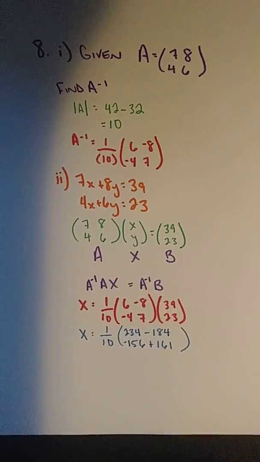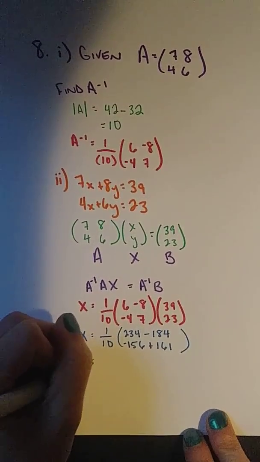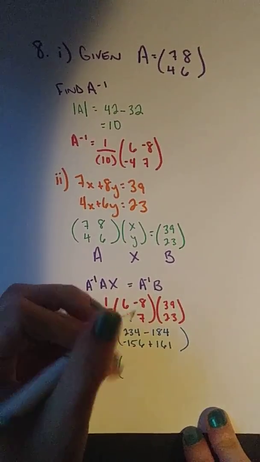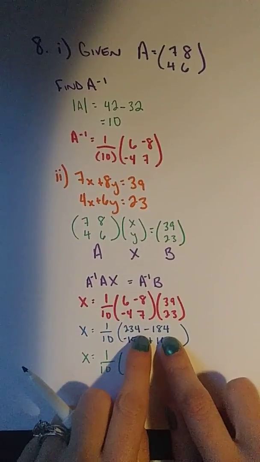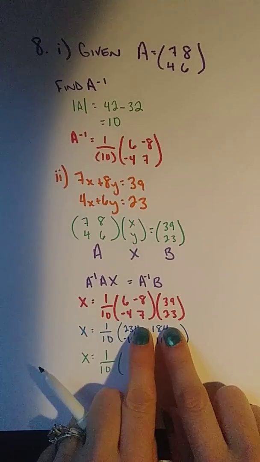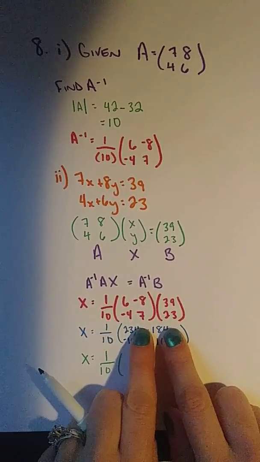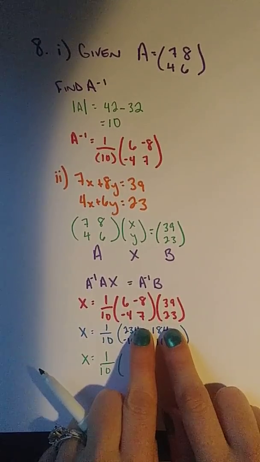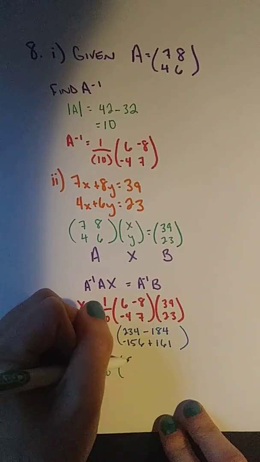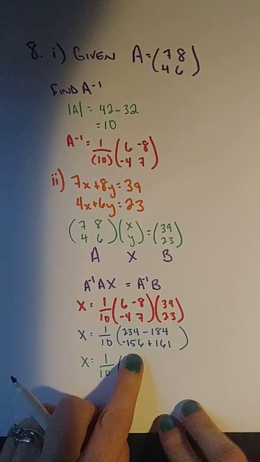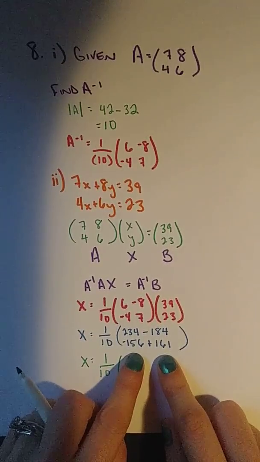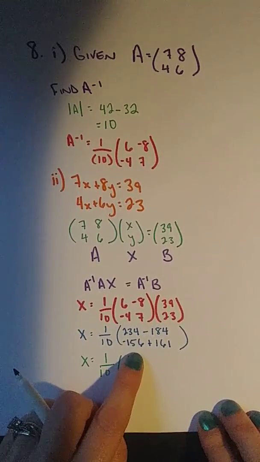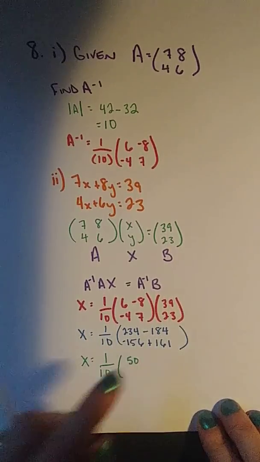So we have 1/10 times 234 minus 184. So the 4's cancel out, so we just have to look at 230 minus 180. So 23 minus 18 is going to be 5. So this is going to be 50. And on the bottom here, we're doing 161 minus 156. Let's see what that's going to equal. It's going to equal the number 5, I believe,